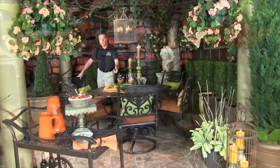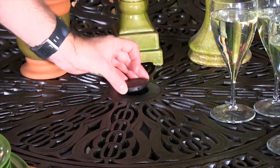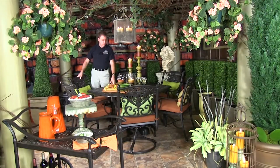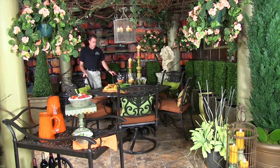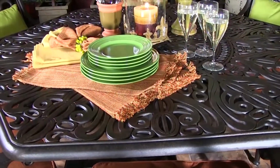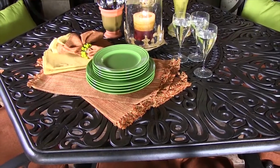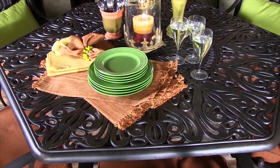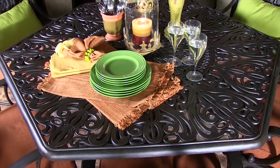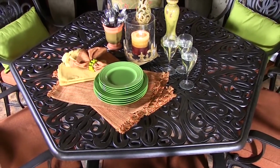Of course, if you use without, there's the cast piece which fits over the opening in the center of the table so that you have a completely finished look. Again, there also you have the knob below so that the umbrella will fit tightly. You won't have any rocking going on there. You'll notice along the edges of the table, again, you have the stylized tulip scroll on the outside border, and then that's followed by that same chain circle and then the medallion, which you also see within the end table,